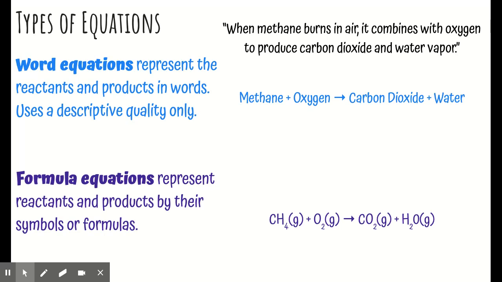So you have your reactants on the left-hand side, your products on the right-hand side, the yield sign in the middle, and then if it's asked for, you want to put in those,